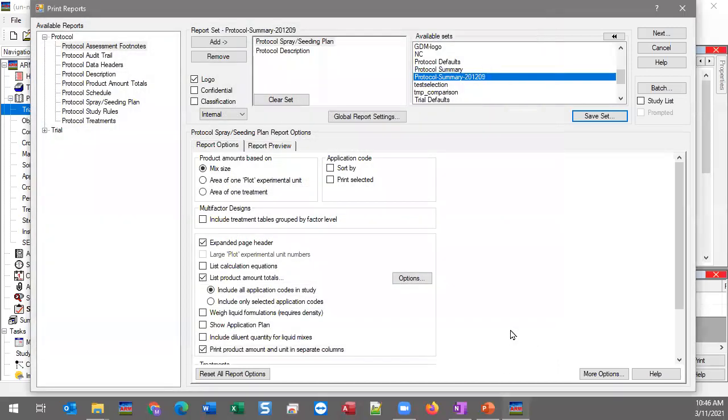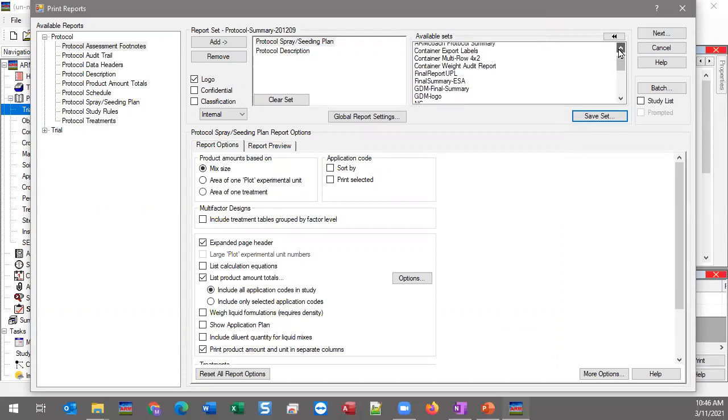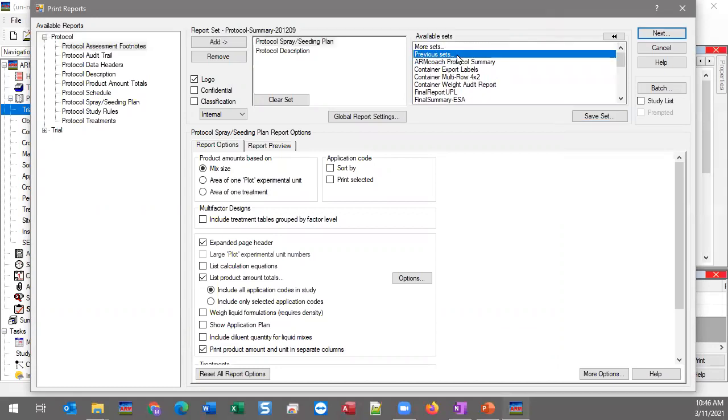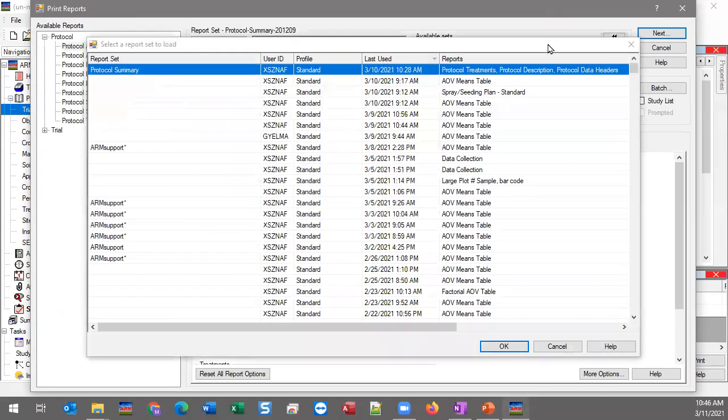Of course, hindsight's 2020. If you didn't know about that and you wished you had known that last year, we actually have at the very top of this list of available sets, an option button here for previous sets. And so behind the scenes, each time that you pressed the next button and generated a report in ARM, it actually saved a report set